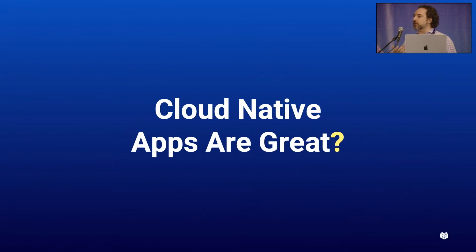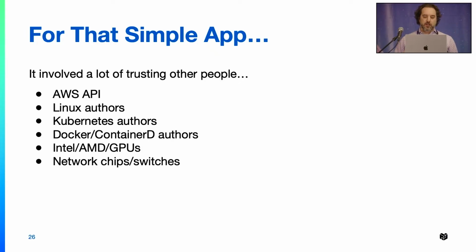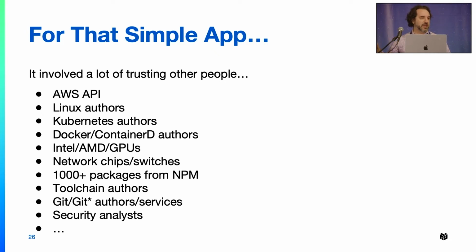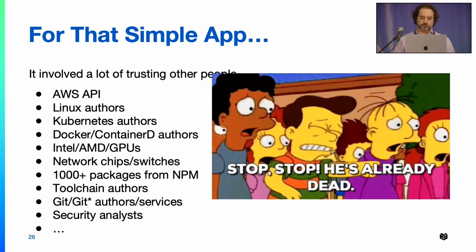But are cloud native apps great, especially for the things that we care about? Well, to do those 4 things there, I had to rely on a whole bunch of external services, many of which I will not have audited deeply. I have to trust, for better or worse, these services to provide me reliable things, that they haven't been backdoored, that they are doing things that they say, that someone out there has done security audits on them, and so on. That's a lot.